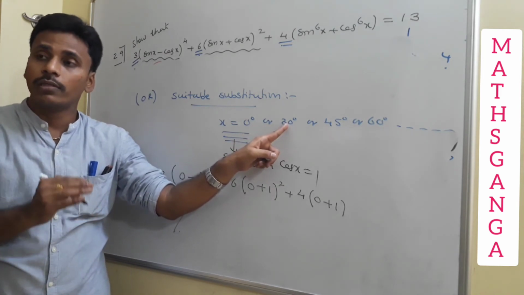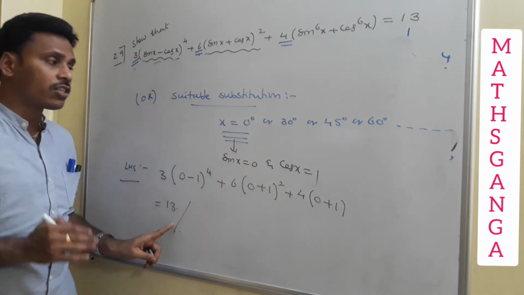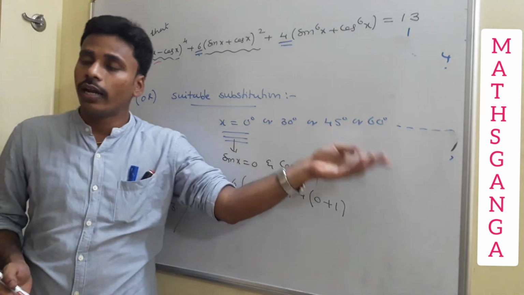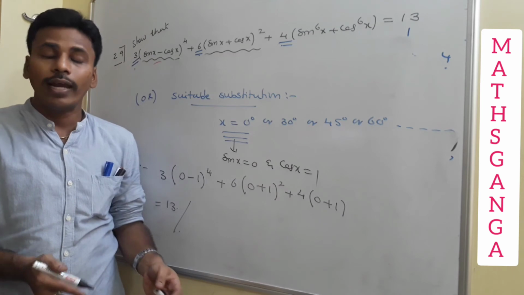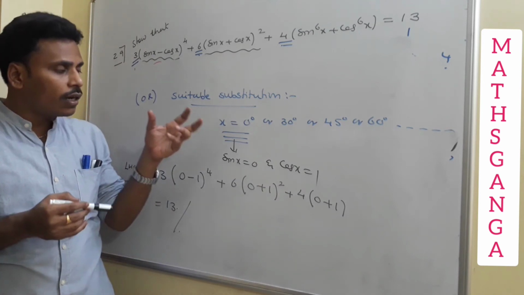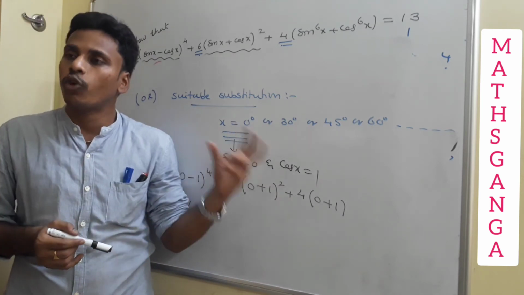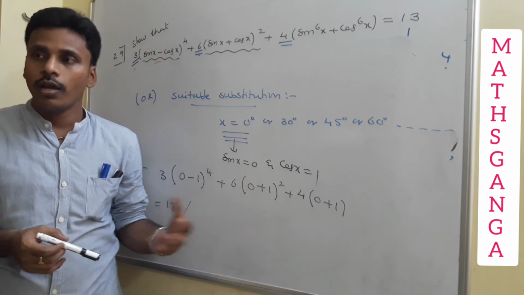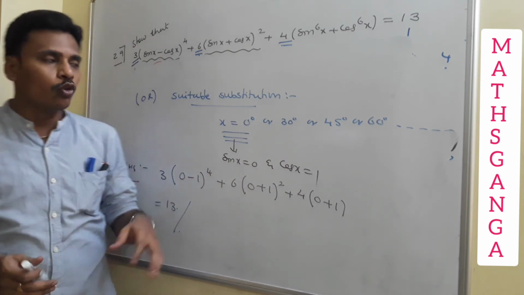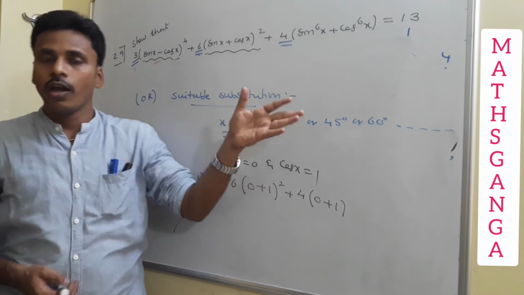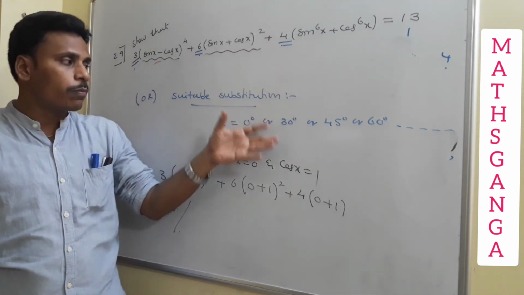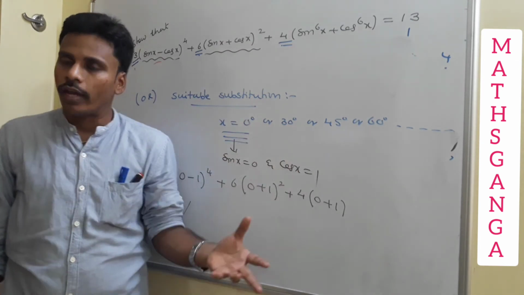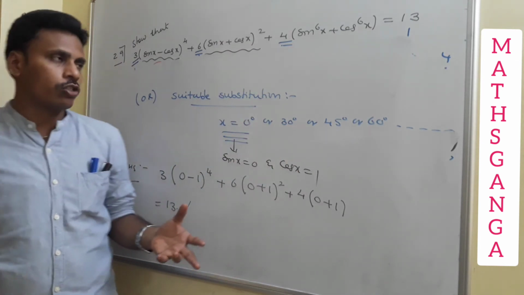The simplification may be somewhat lengthy, but the result is still 30. If it is 60 or 90 or any other angle, the simplification is always 30 only. So this is another trick to solve these types of questions by suitable substitution. If you need the exact proof, you need to go with the previous discussion, or in an objective test, directly you can answer these questions just by taking any angle in the place of x, and we call it the suitable substitution method, right?